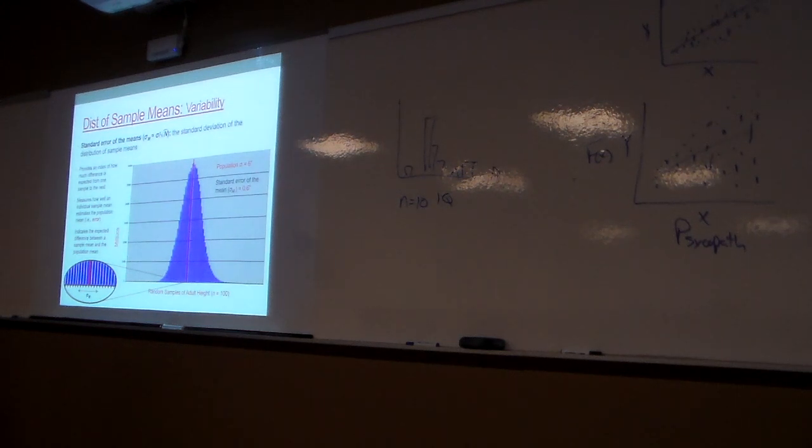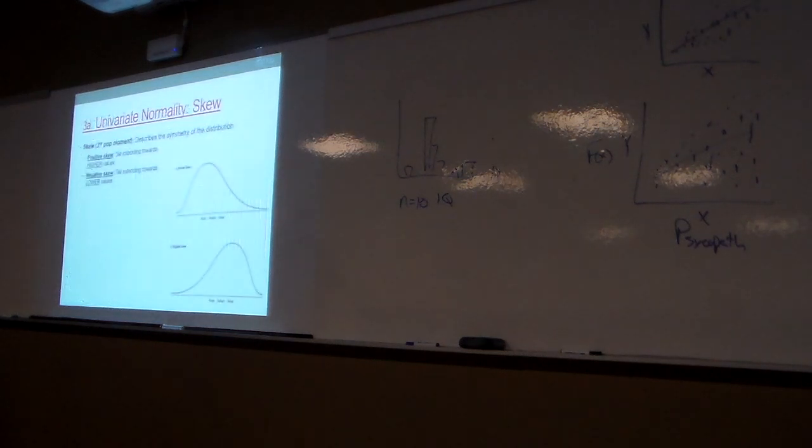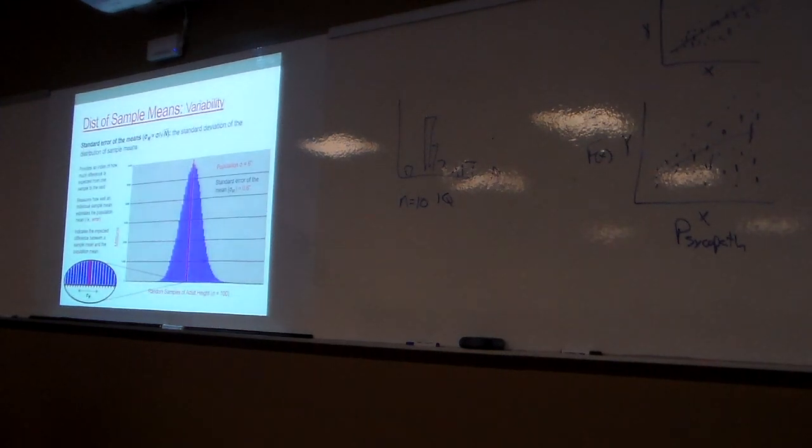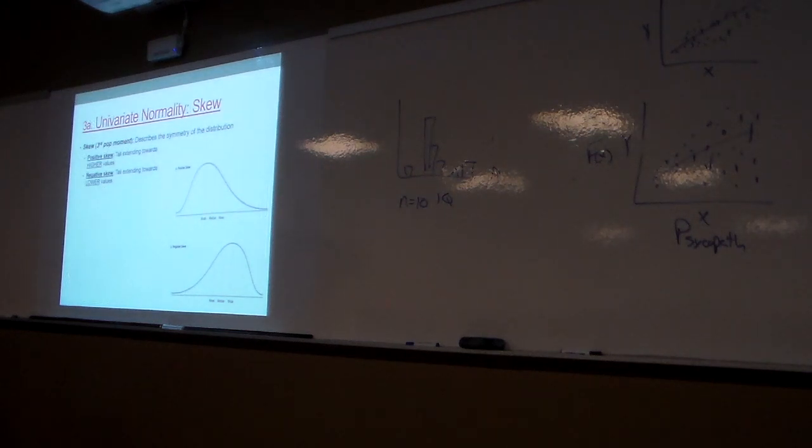Okay? So, the bigger the sample, the better. That's the best way to go through and do this, along with good methods and things along those lines. All right. Questions on sampling distribution, standard error, expected values, and mean, anything like that? Okay. We'll run through skew, univariate normality, skew, and kurtosis.